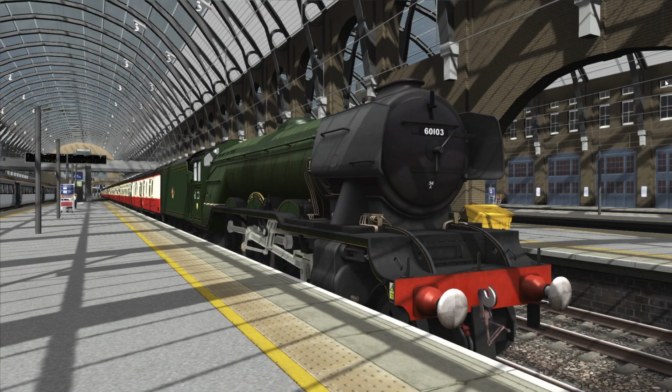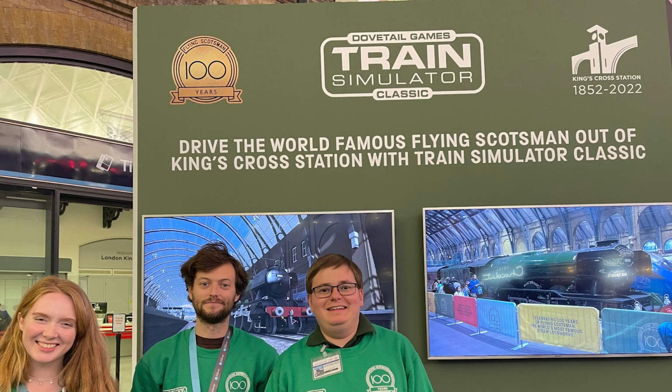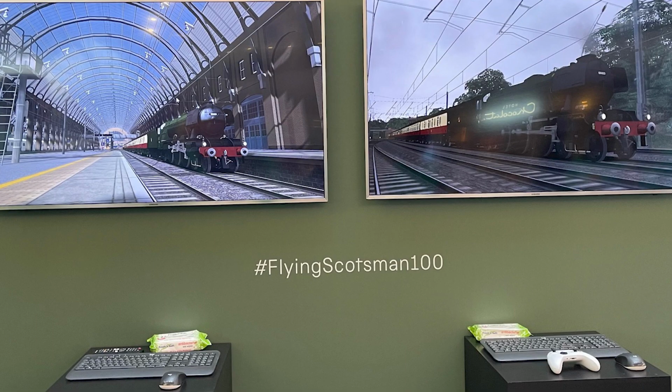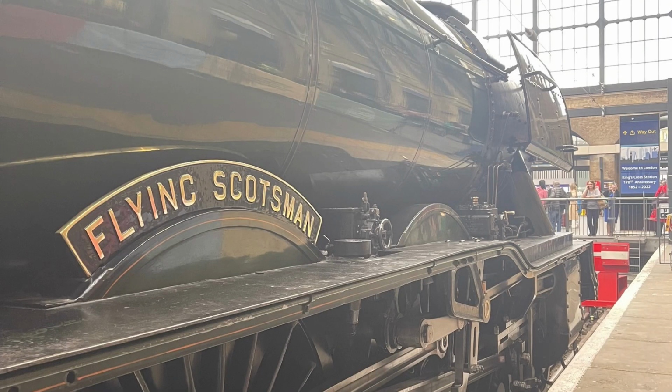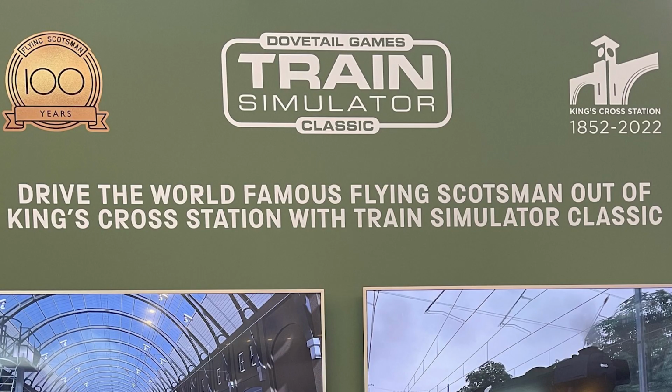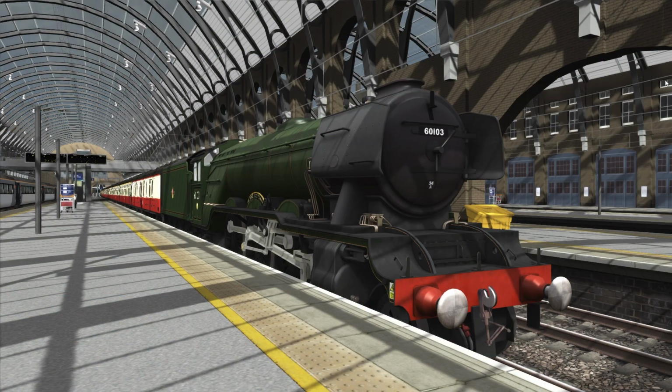So let's get started. Obviously we can see what DTG have done here. They have tried to create the modern era version of Flying Scotsman as it is today. Two weeks ago, they had a stand at King's Cross Station showing off this DLC pack, and there are photos of it on their Facebook page. The real Flying Scotsman was also there on display. They were showing off the train simulator game to see if they can bring newcomers to the game and let them have a little go, and show them what it's like. That is basically the origin story for this. It was a centenary event that they did at King's Cross. They made this up, and yeah,